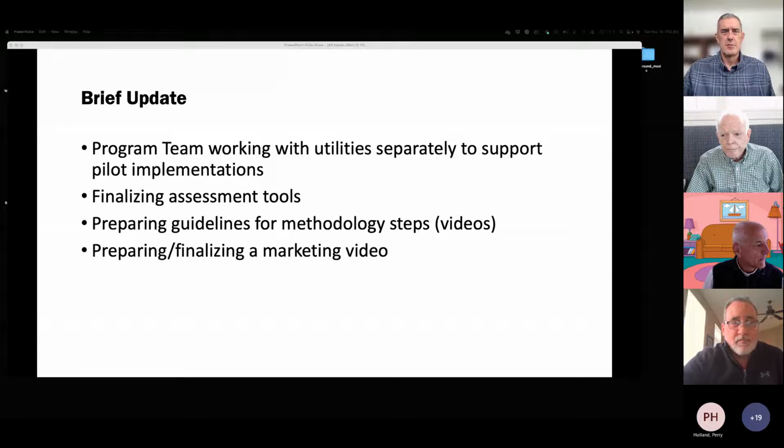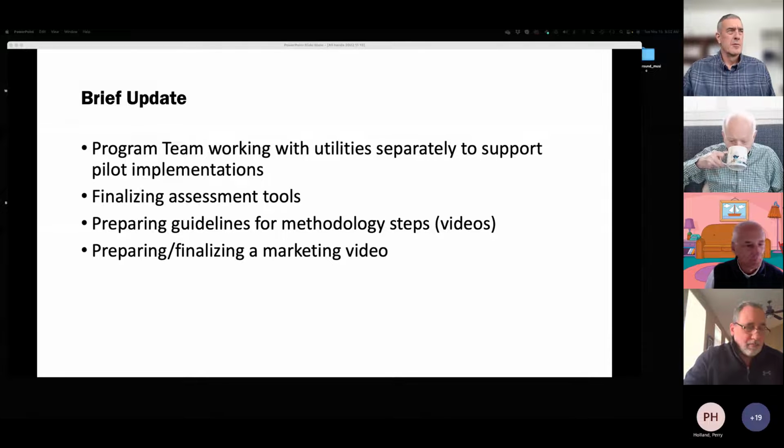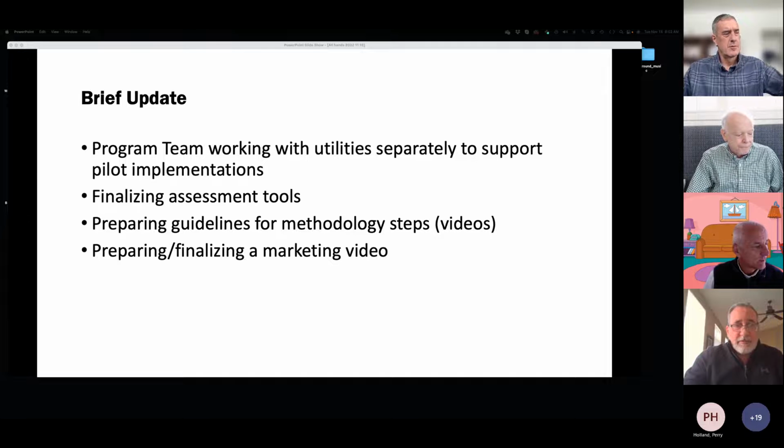We're preparing guidelines for methodology that we originally thought would be documents, and started moving towards the idea of having videos instead, because people prefer to just go to YouTube and see how things are done. And then we're also preparing and finalizing a marketing video. We have gone through a couple of iterations, and